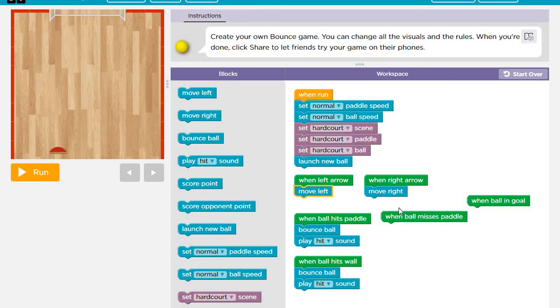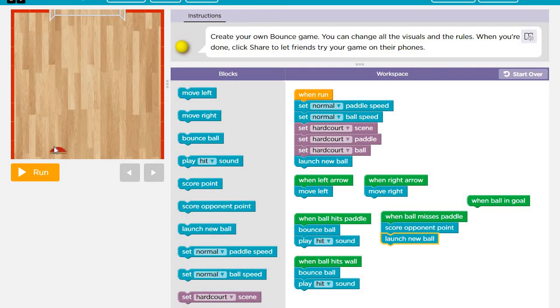When the ball misses the pedal, score a point and give me a new ball, because there is no keeper or wicket keeper who will give us a ball.